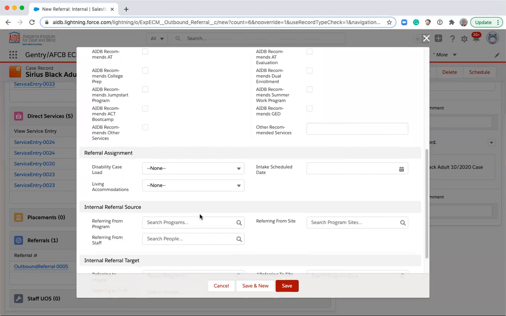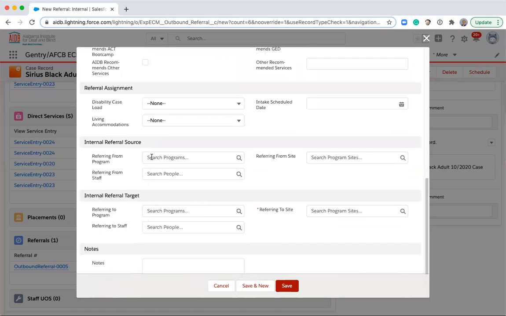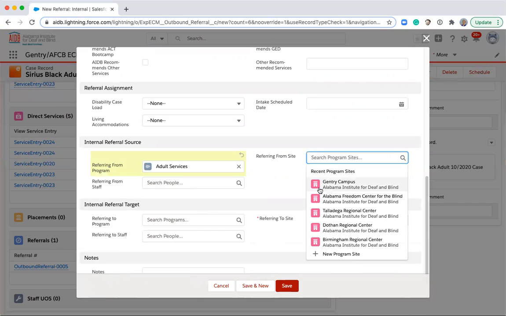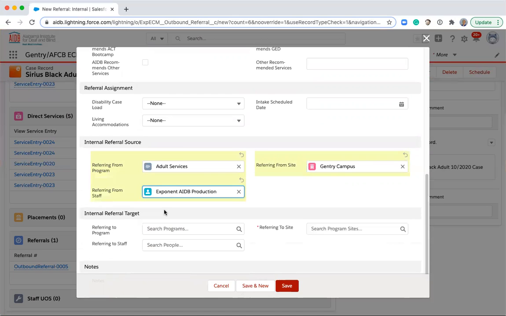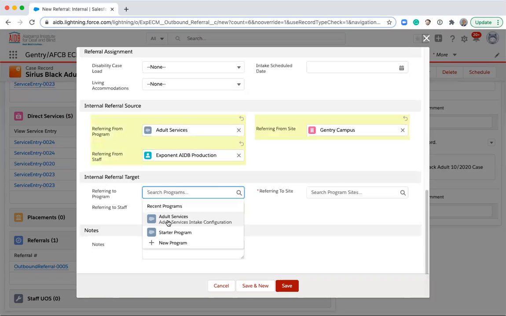I scroll down to the internal referral source section. I select my current program, which is adult services. I select my current site, which is Gentry Campus, and I select my name in the referring staff section. In the internal referral target section, we can select the program we're referring to, which will